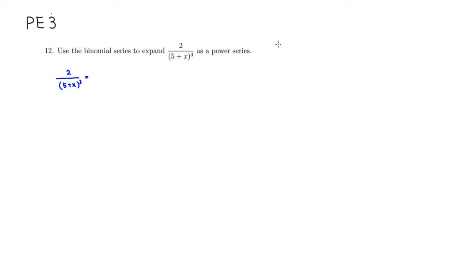The binomial series goes something like this: (1 plus x) to the kth power is equal to the summation, n goes from 0 to infinity, of the binomial coefficient k choose n, times x to the n, where